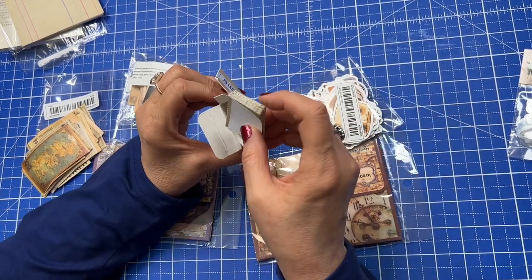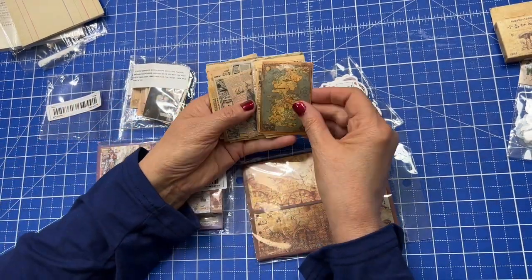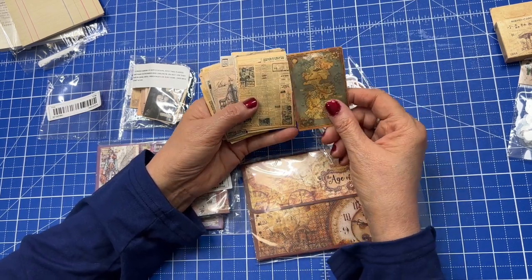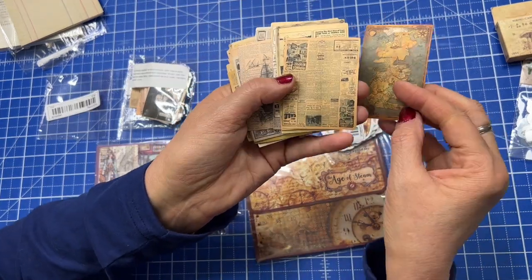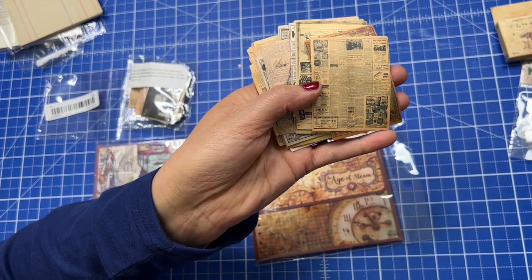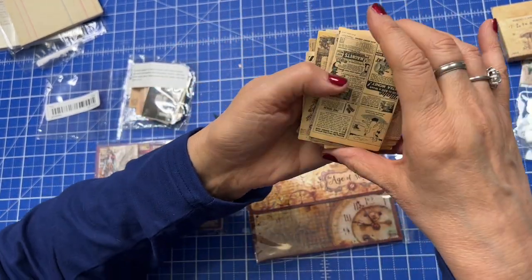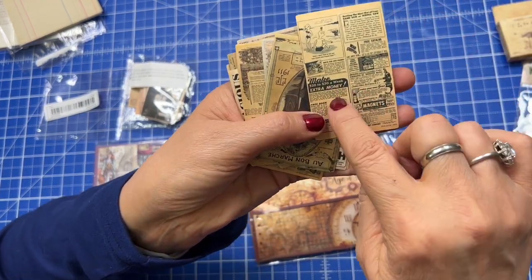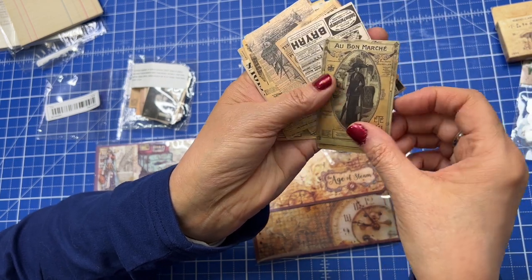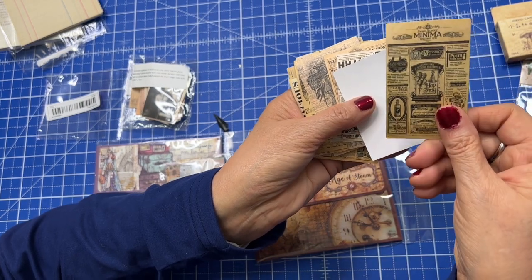Not looking at that, but it was $1.29 for this. This one, I think, for $1.18. You get 35 sheets. And these are all really cool, but they're like miniaturized. Like this is a newspaper page, but it's tiny. I bet you could read it if you had a magnifying glass because, I mean, you can see the words are actually there. But you have all of these, and this doesn't feel like parchment, but it looks like it,